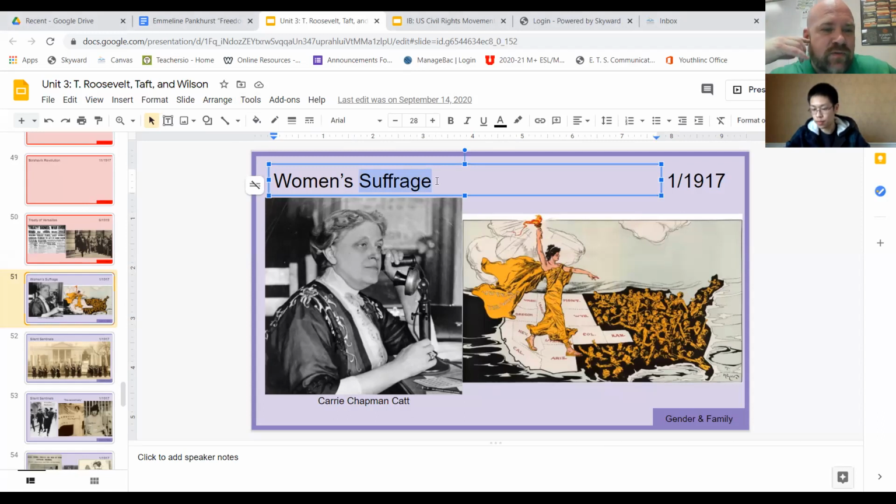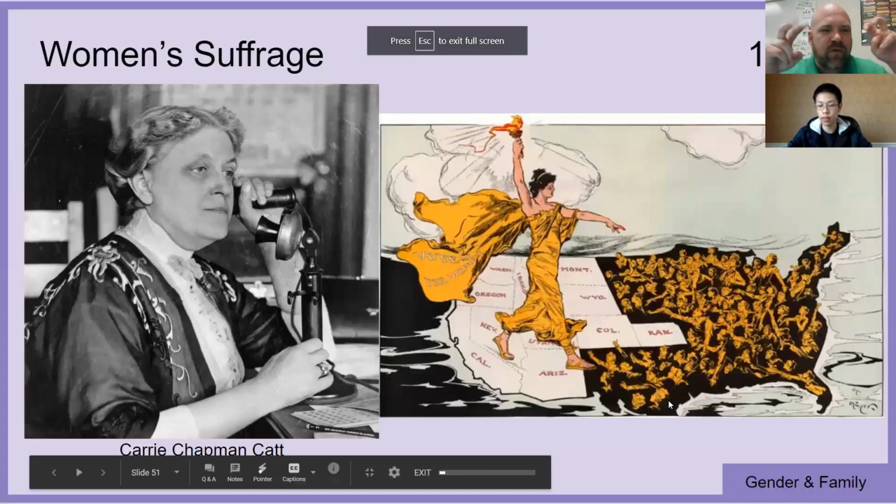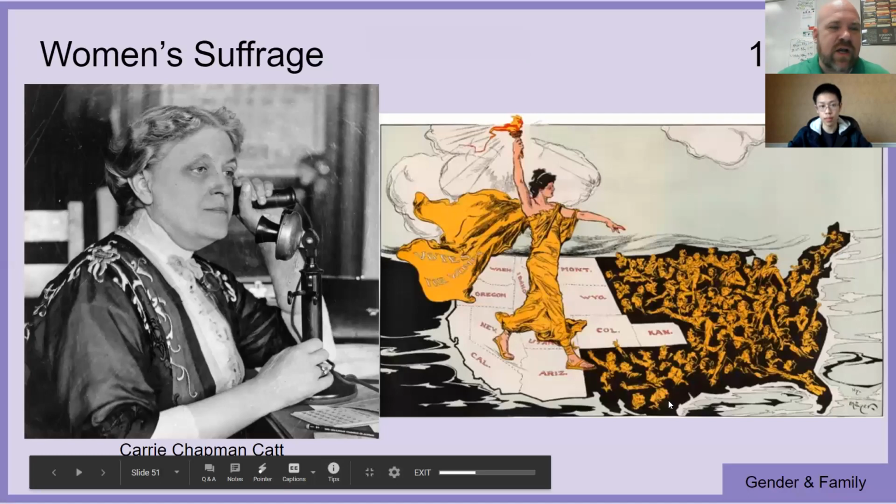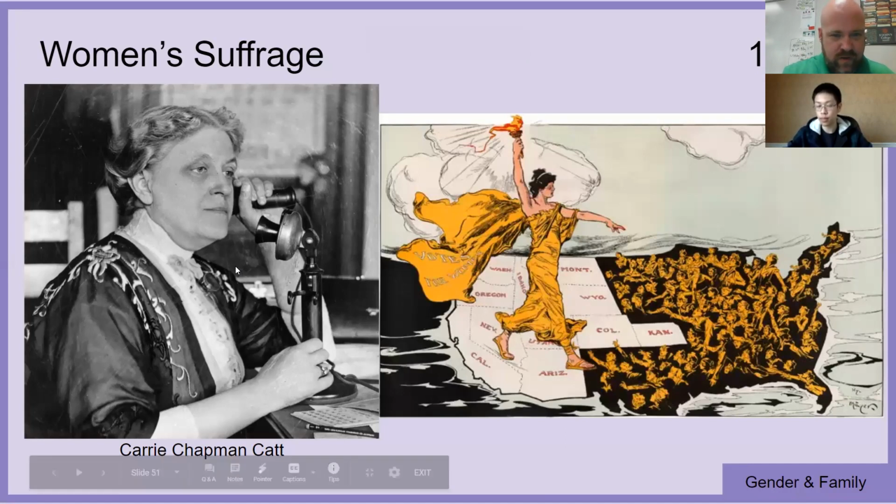So like Frederick Douglass was a Negro suffrage activist, right? So he was trying to get black people to vote. And this is a women's suffrage group, okay? Usually when we talk about the suffrage movement in the United States, we're usually talking about women's suffrage. It's when the word gets used the most common, but it can be used for anybody, right? Native American suffrage, black suffrage, whatever.